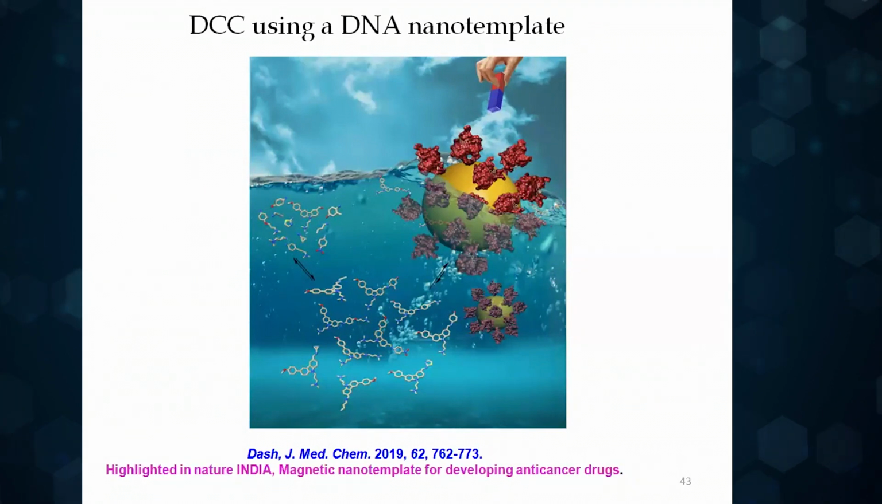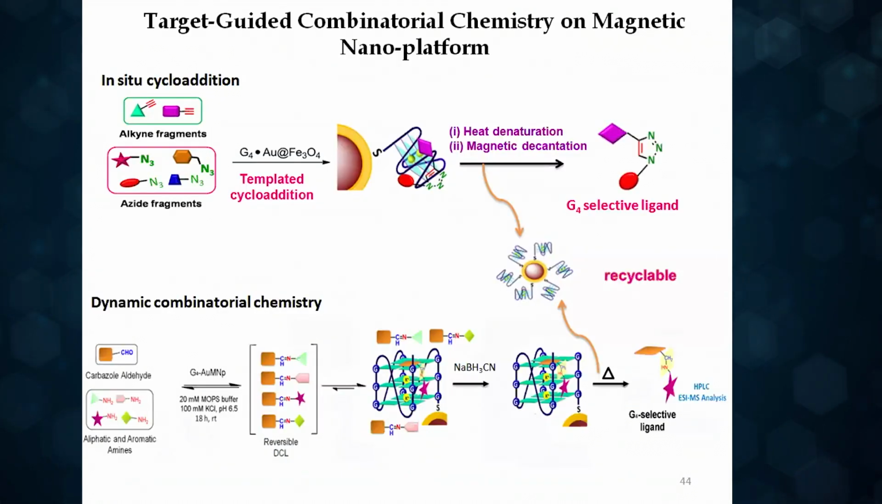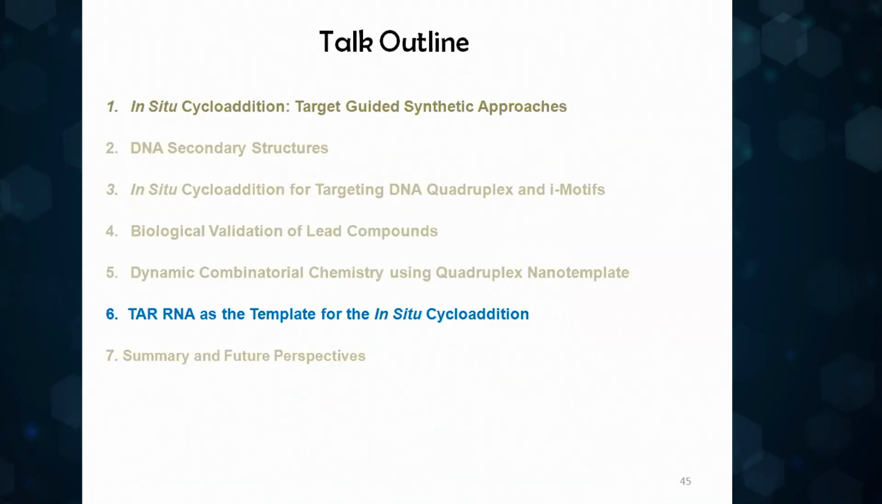from a dynamic library. So I have shown you the two different approaches, the in situ cycloaddition, that can be used to generate selective ligands for quadruplexes and I motifs. And in this approach, the target promotes the azide and alkyne cycloaddition in the absence of any metal-based catalyst. And in dynamic combinatorial chemistry, we used aldehyde and amine building blocks that reversibly react to generate an imine-based dynamic combinatorial library. So in the last part, I am going to present the in situ cycloaddition using TAR RNA as the